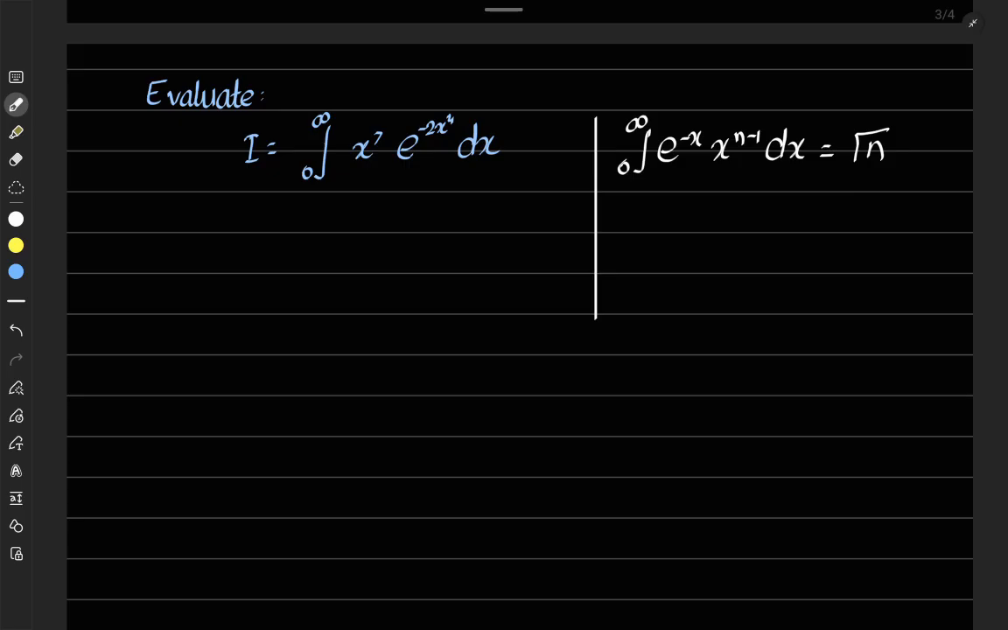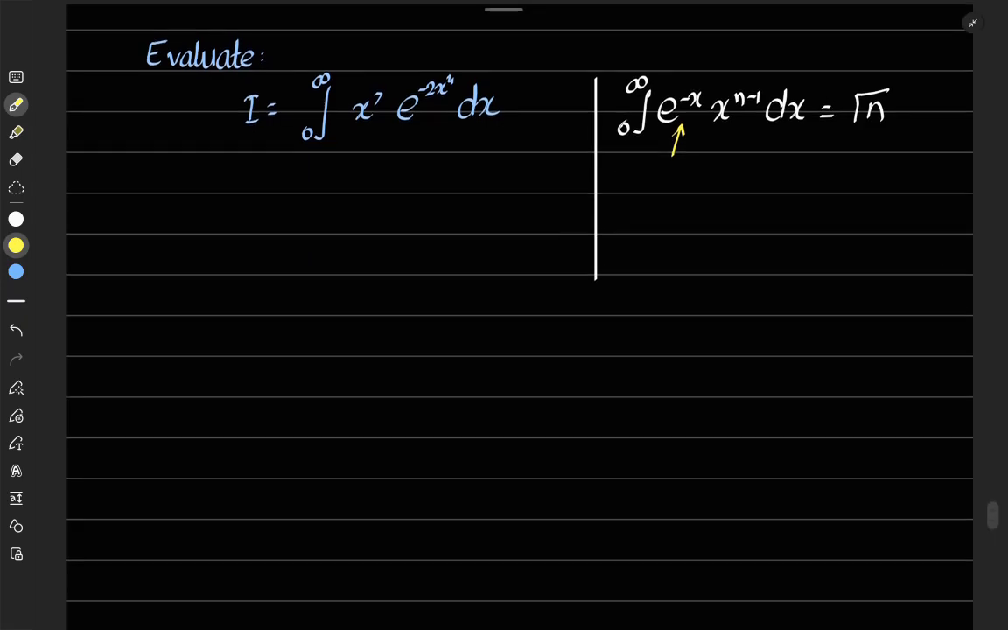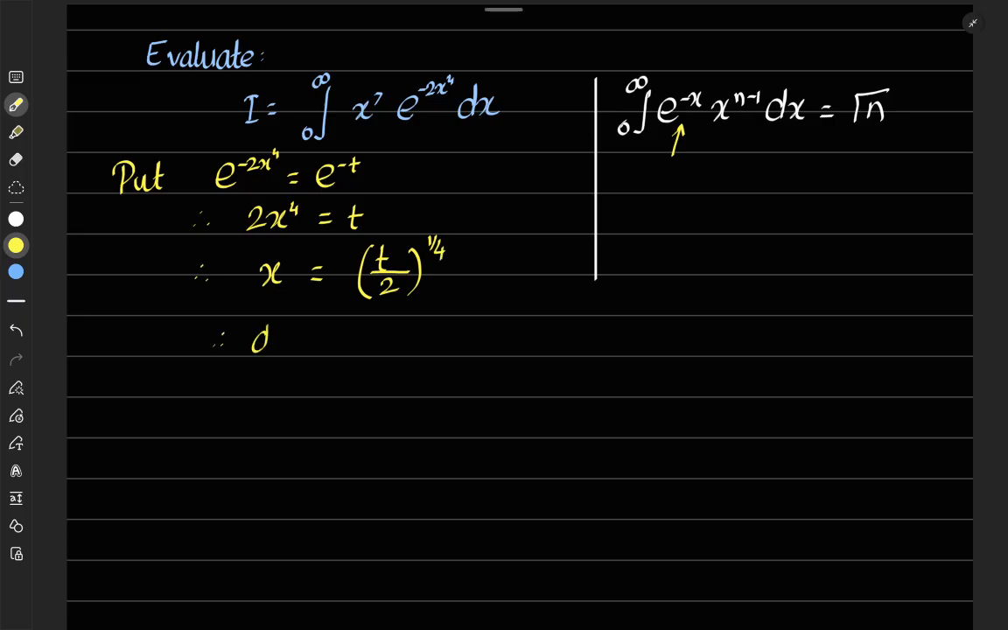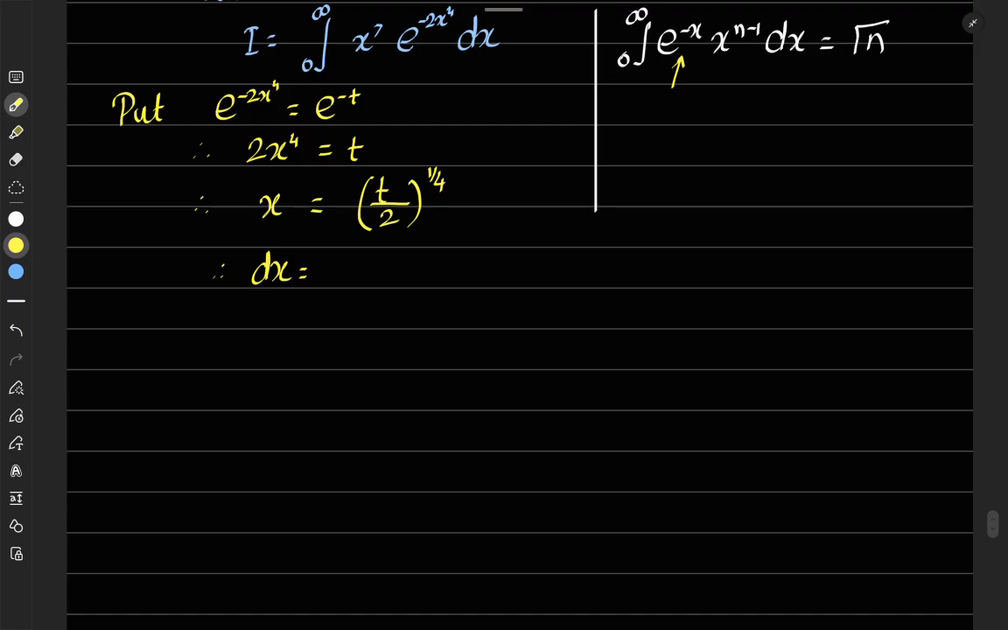This is the value of gamma, and notice that the term that we want is e to the power minus x. So when we try to get this term by substituting the values, we will put e to the power minus 2x power 4 as e to the power minus t, so that the value of 2x power 4 will be t. So from this quantity we can evaluate the value of x as t by 2 to the power 1 by 4, and therefore we can evaluate the value of dx as